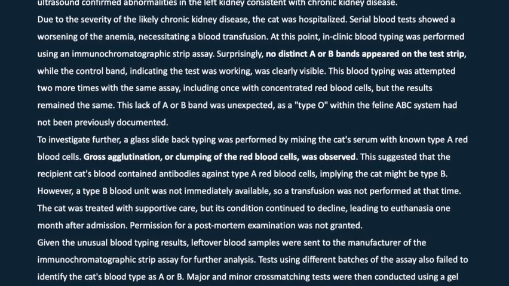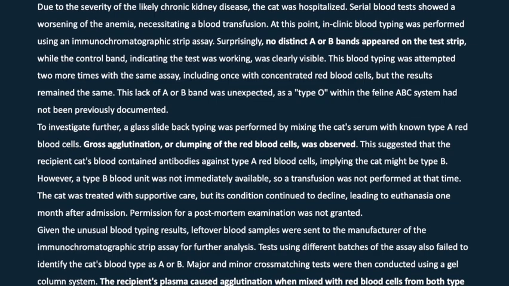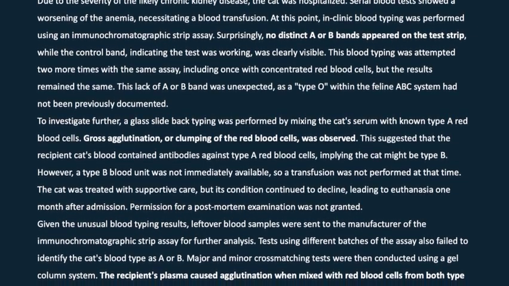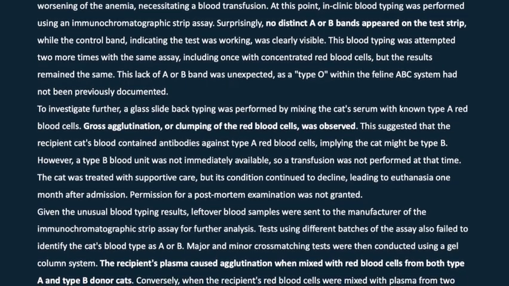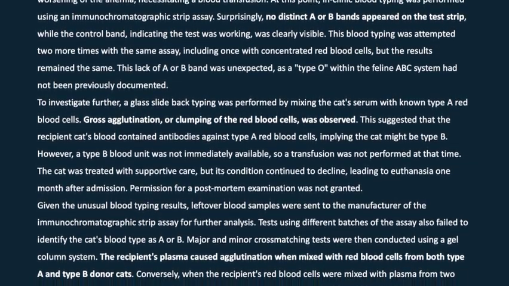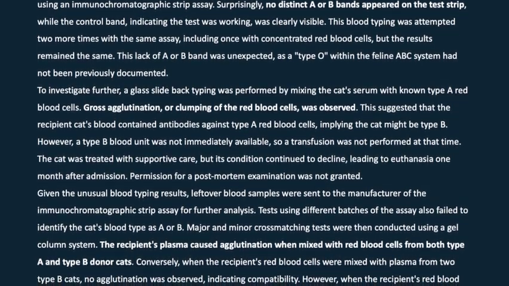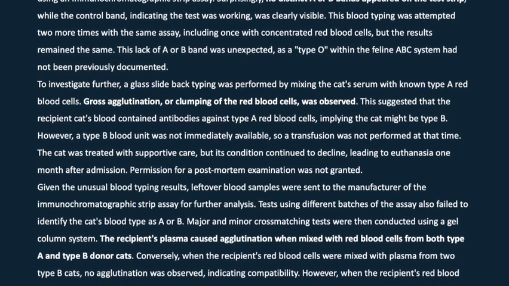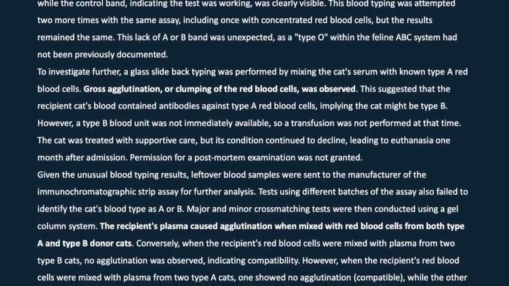This lack of A or B band was unexpected, as a type O within the feline ABC system had not been previously documented. To investigate further, a glass slide back typing was performed by mixing the cat's serum with known type A red blood cells. Gross agglutination, or clumping of the red blood cells, was observed. This suggested that the recipient cat's blood contained antibodies against type A red blood cells, implying the cat might be